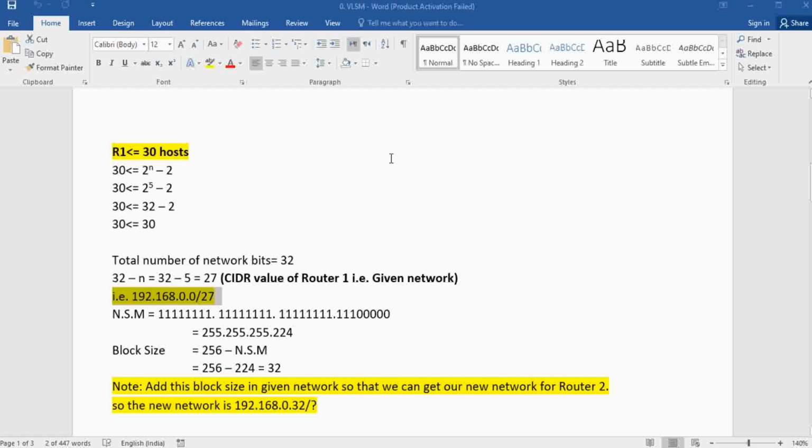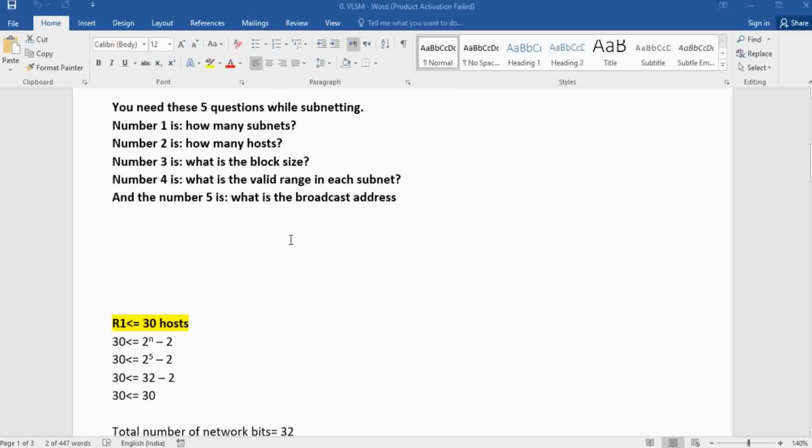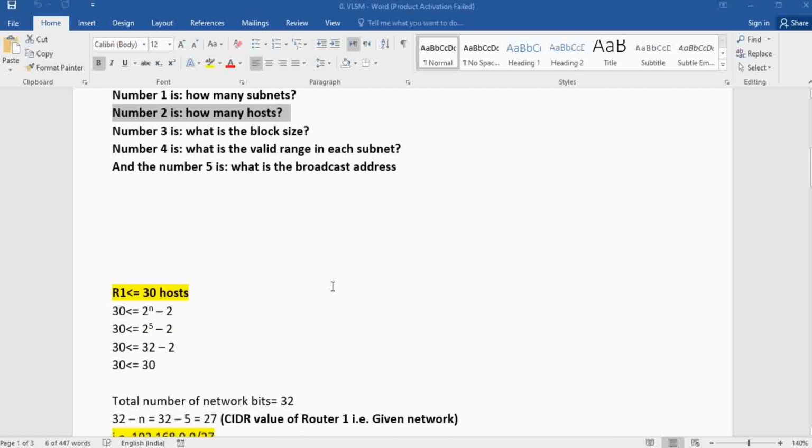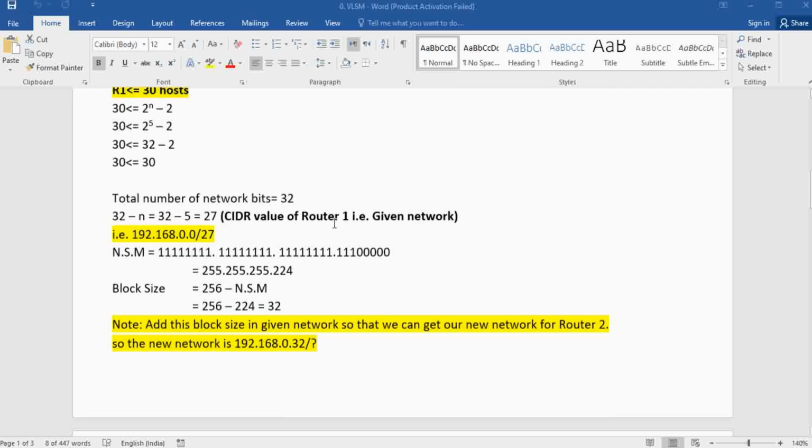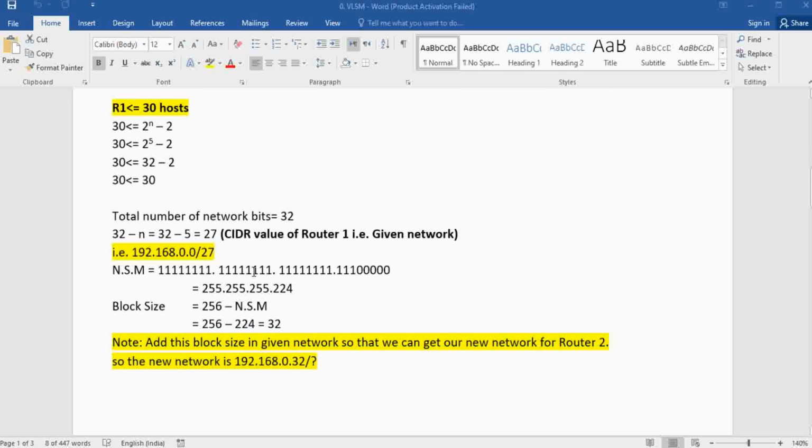That is 192.168.0.0/27 is the subnet. Move to the next question, how many hosts? So the answer is 30. Move to the next question, what is the block size? For this, we need to find the subnet mask of /27. So the new subnet mask is